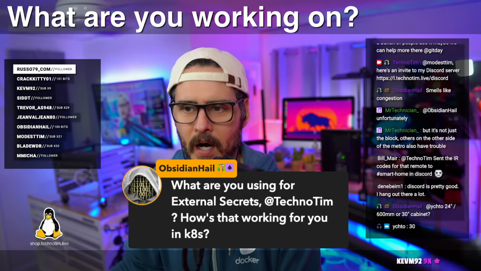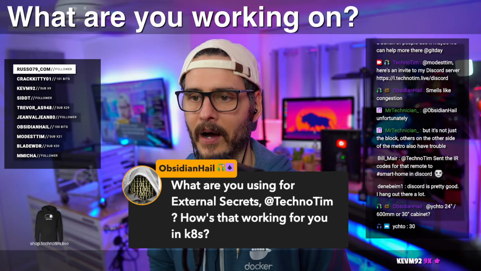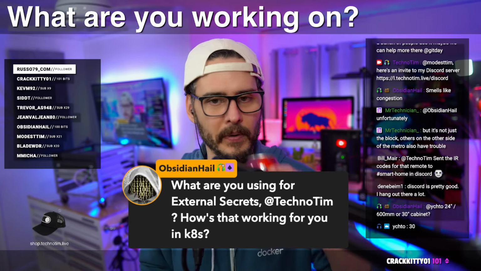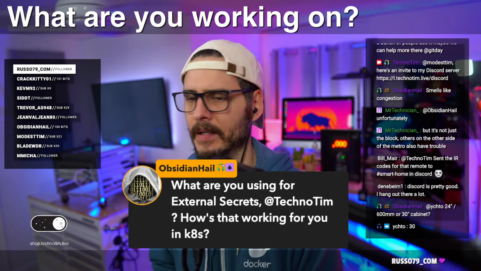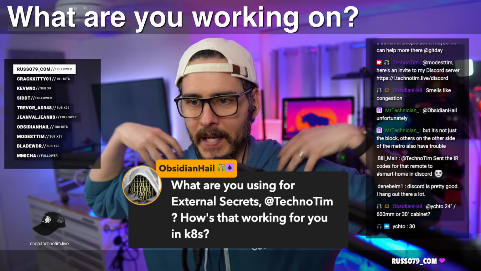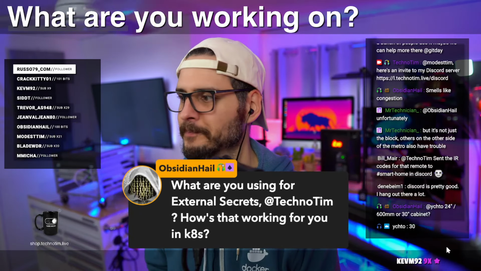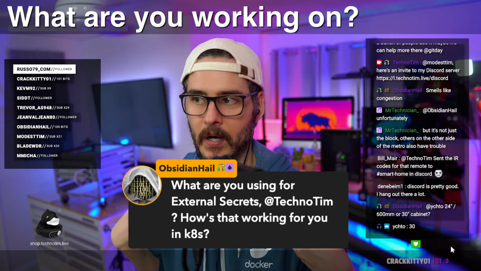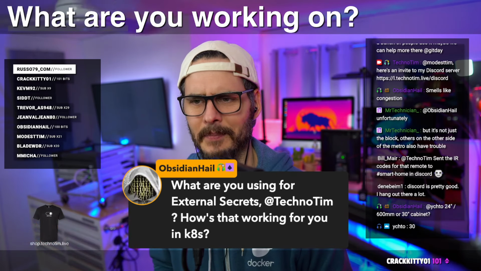Let's see. Obsidian Hall. What are you using for external secrets? How's that working for you in Kubernetes? Oh yeah. Drink real quick. So for my home Kubernetes cluster, or the Kubernetes clusters that I, as a person, manage, not my business, not the company I work for, I manage all of my secrets with SOPS and Age, so Mozilla SOPS.